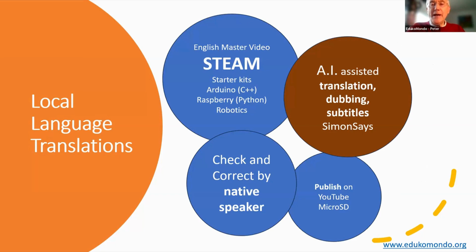So today we're going to look at 4 different areas, but specifically at the artificial intelligence assisted translation, dubbing, and subtitles. But this just to show you that it is part of a larger project that starts with creating English master videos focused on STEAM. And in 2023 and also next year, we are actually going to focus on 3 main areas, which is Arduino, microcontrollers based on the programming language C++. We will also focus on MicroPython running on Raspberry, which is also a microcontroller. And then once people have sufficient skills, we will go to the last step, which is how everything comes together,